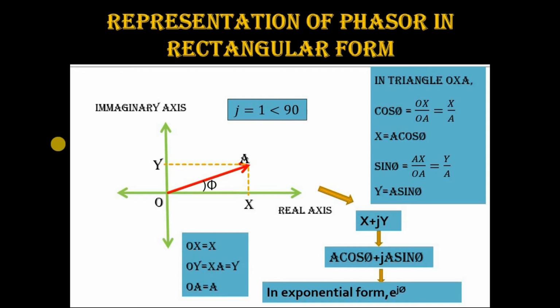Say in some cases you know the rectangular form x plus jy. We want to convert it to polar form, that is magnitude angle form. How to find the magnitude of x plus jy? Magnitude of x plus jy will be equal to square root of x square plus y square. How to find the angle of x plus jy? Angle theta will be tan inverse y by x. Tan inverse imaginary part by real part. So we can convert rectangular form to polar form as well, and polar form can be converted to rectangular form.